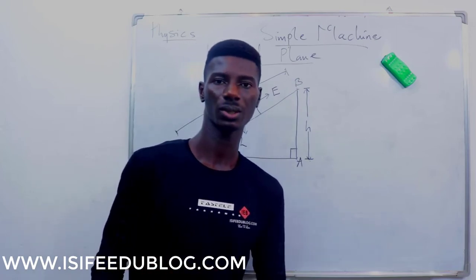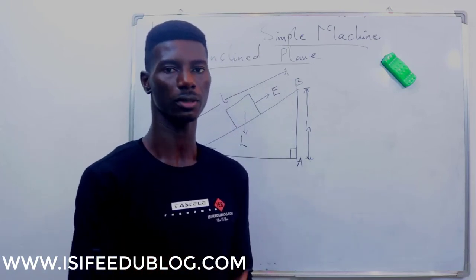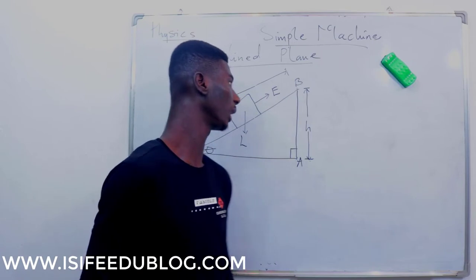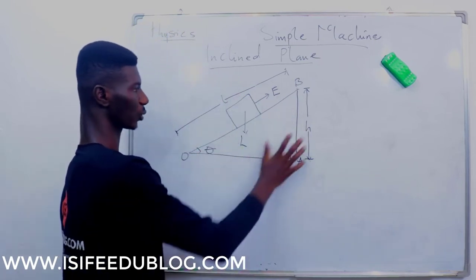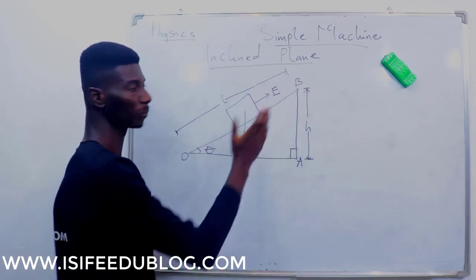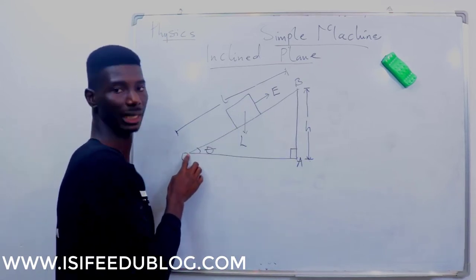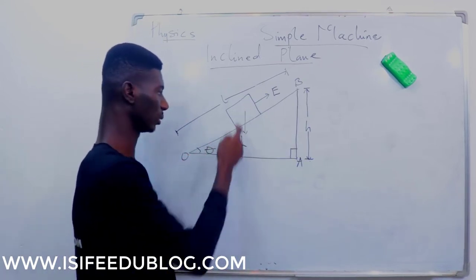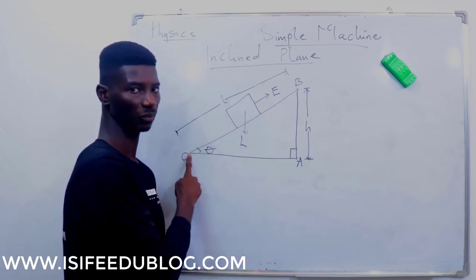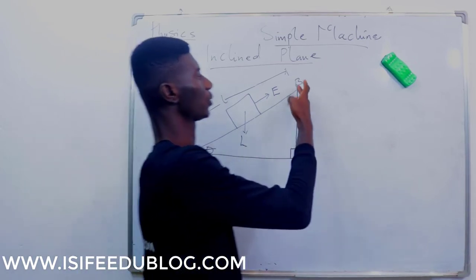Remember, velocity ratio is distance moved by effort divided by distance moved by load. From this diagram, this is what you call an inclined plane. From here, this load was actually at the ground level. The load, L, is actually here. For you to drag it up to this point